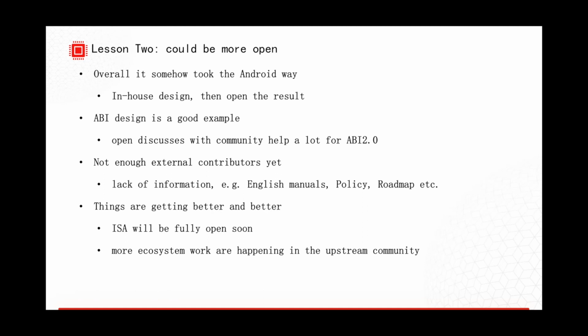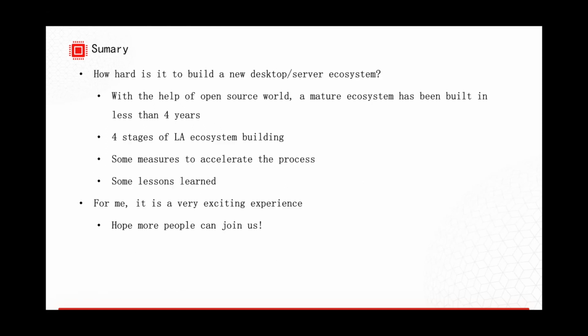So I think it could be contributed to not being open enough, but things are getting better and better. The ISA will be fully open soon, and more ecosystem work is now happening in the upstream community.